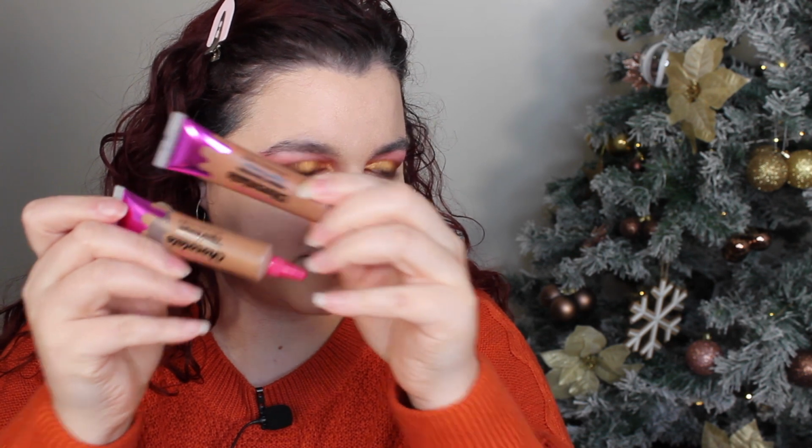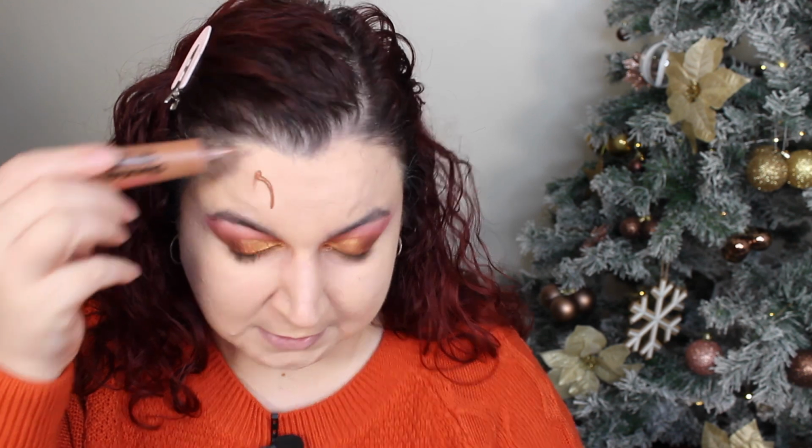Impressed, very impressed. Alright, I found some more stuff that I haven't used for a little while. So remember the liquid chocolate bronzers? We're going to use these. I got two shades, chocolate toffee and chocolate truffle. I feel like this one's a bit darker, so I'm going to go for that. It's chocolate toffee. So let's...